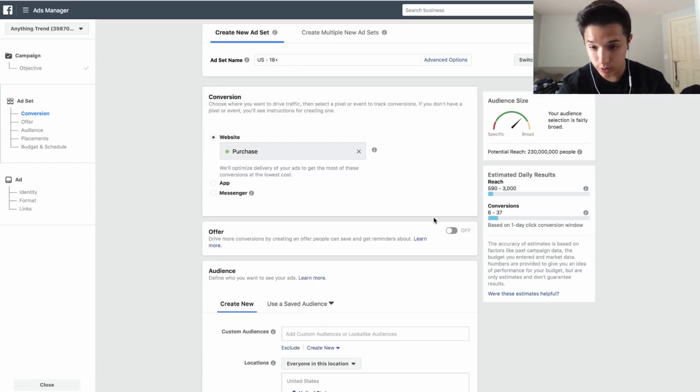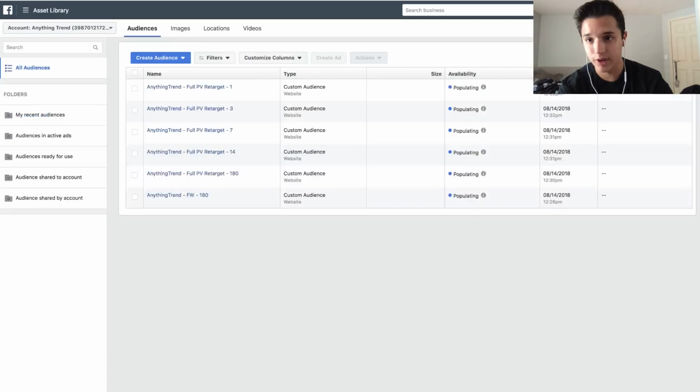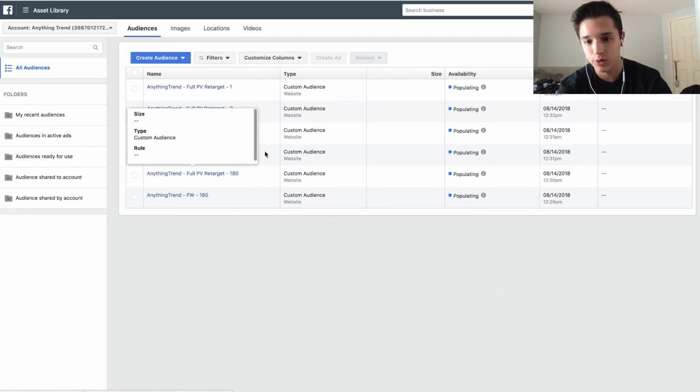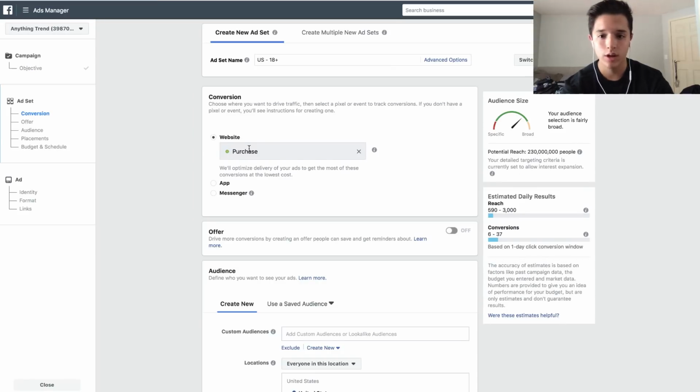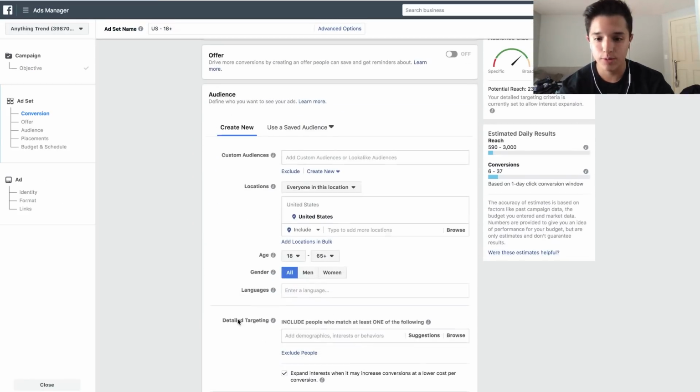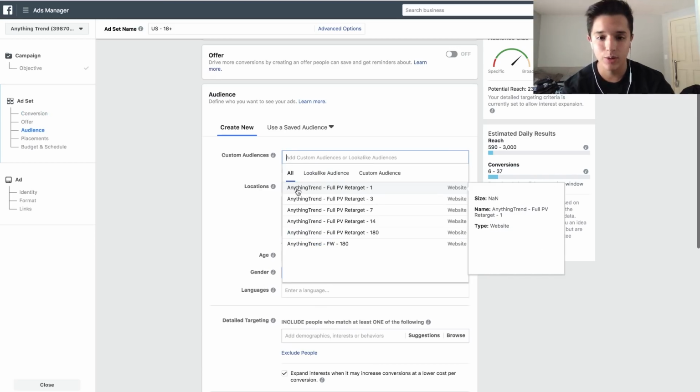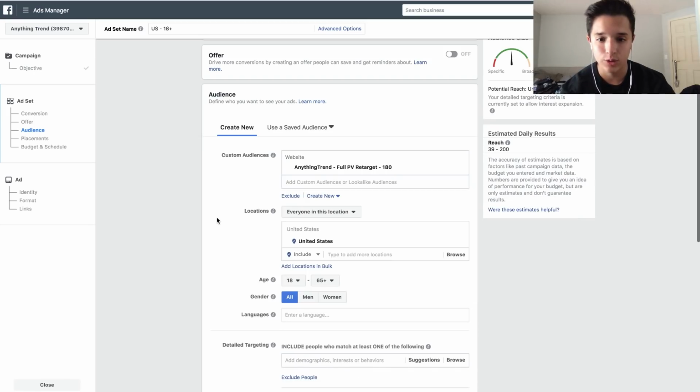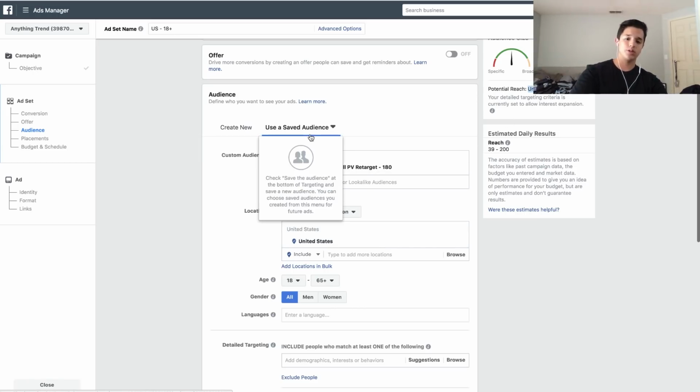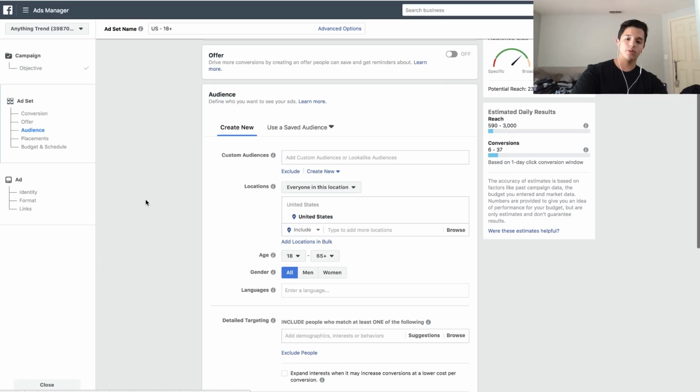So what we'd be doing is creating specific ad sets to those specific audiences that we have here with the same exact ads. We're going to be doing 180 days page view, 14, 7, 3, and 1. Optimizing for purchases, but instead of locations and all that stuff, we're just strictly going to custom audiences and then going to page view retarget from 180 down to 1, like I told you guys before. So really, all this stuff still has to populate before it'll show us and create everything. So we have to wait for those to populate.